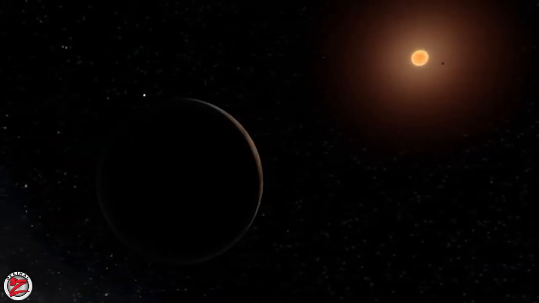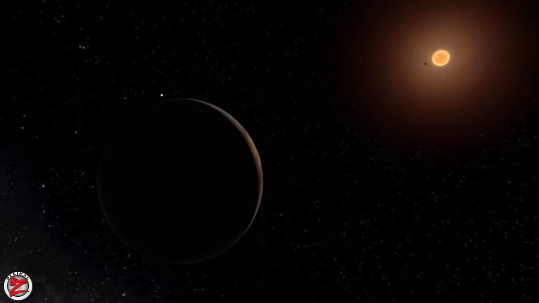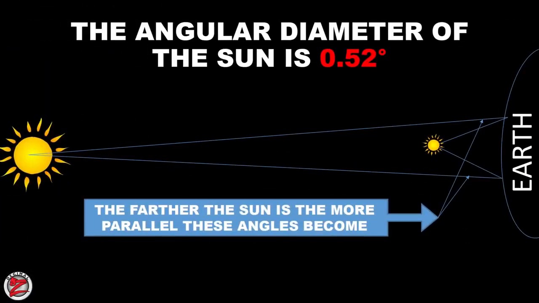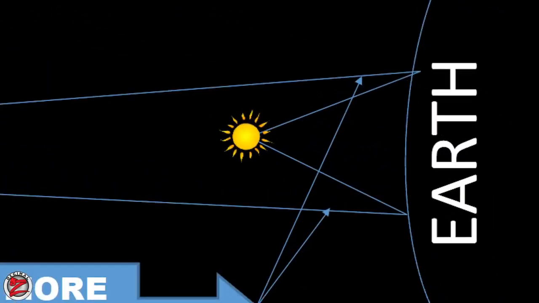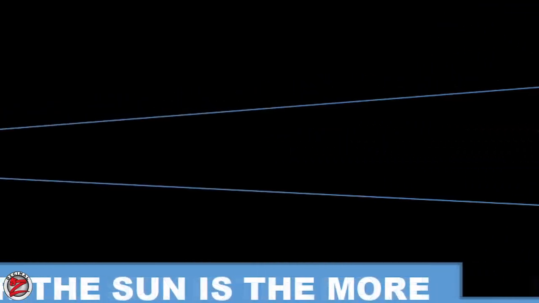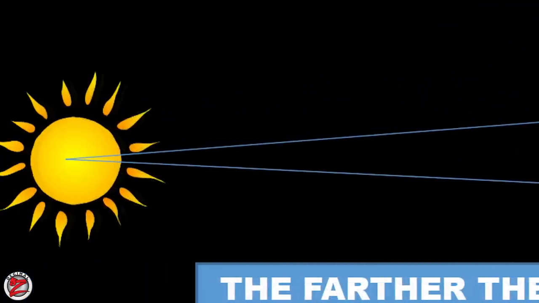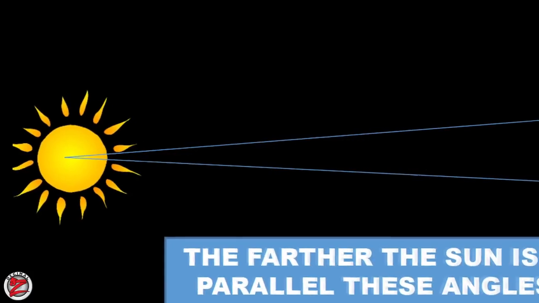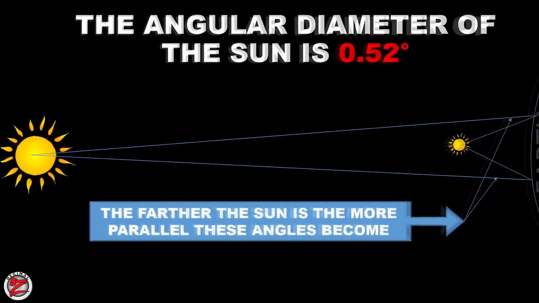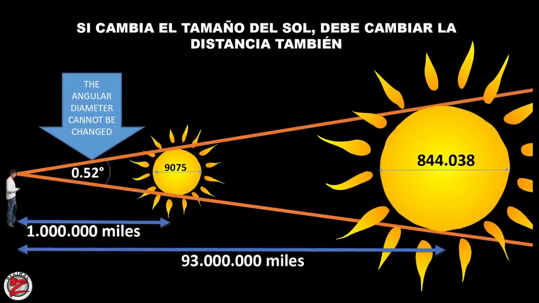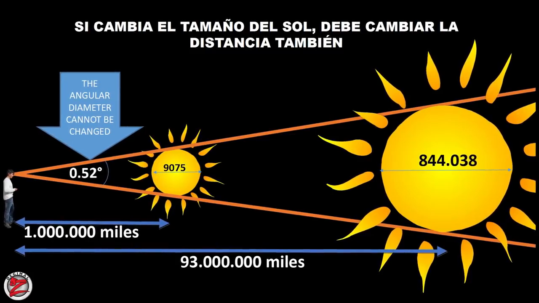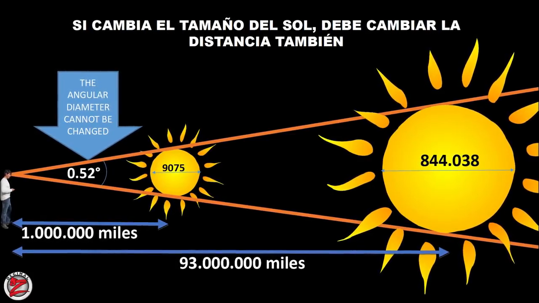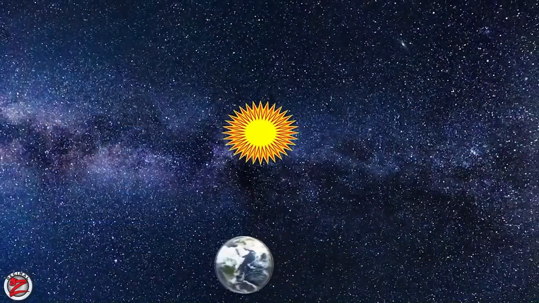They only need the size when it comes to an eclipse, but when it comes to angles, they only deal with the sun as a point, because the size of the sun can be determined as long as you have the distance. If you have the distance, you have the size. If you have the size, you have the distance. That's all. So if you modify the distance, you have to modify the size. This is how it works.